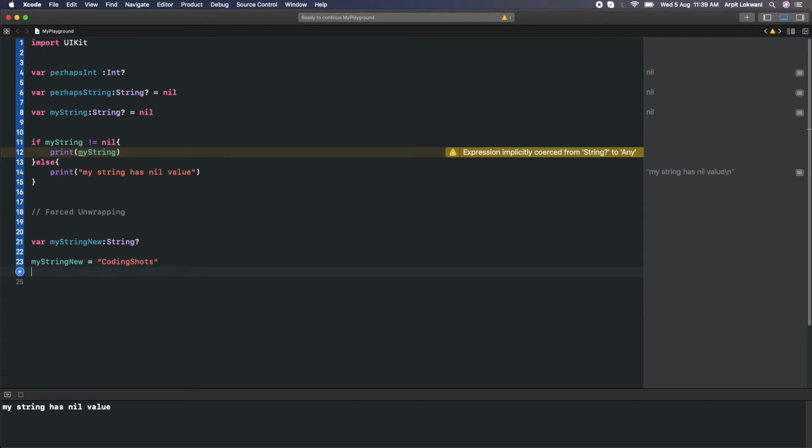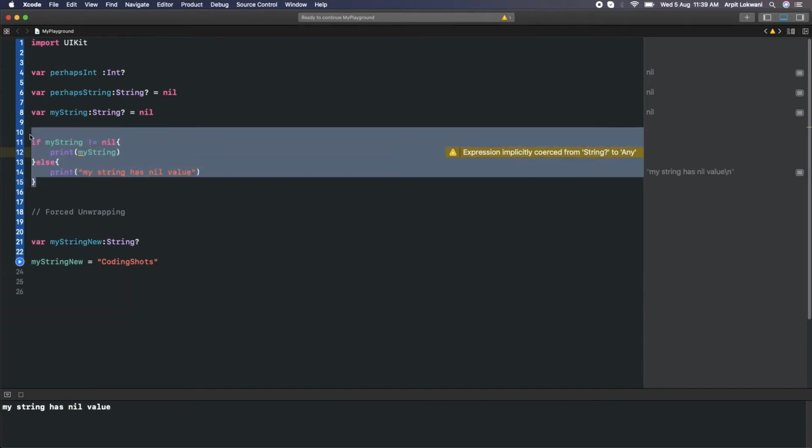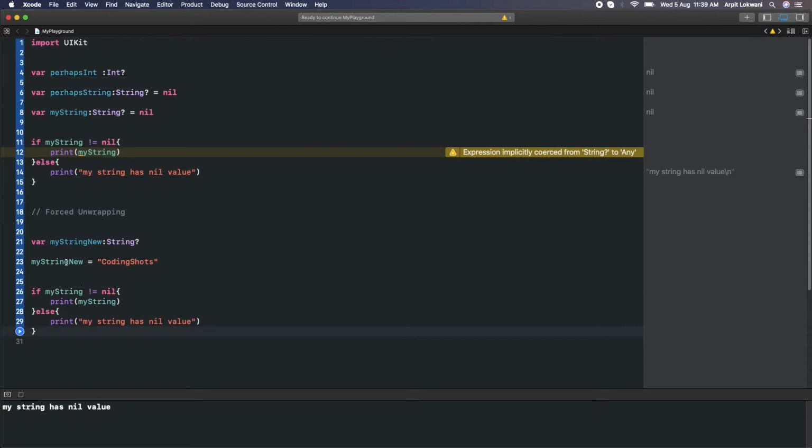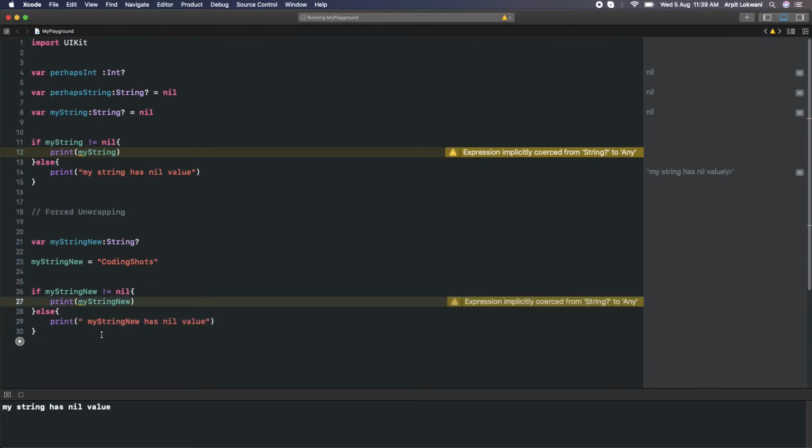Now similarly, I will put this condition the same way, copy paste, my string new. Let's run this.